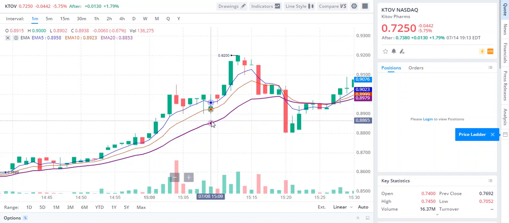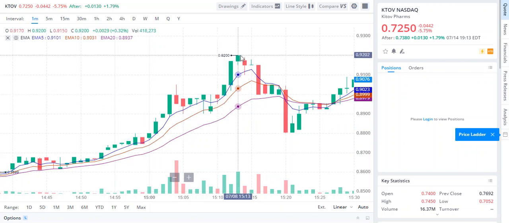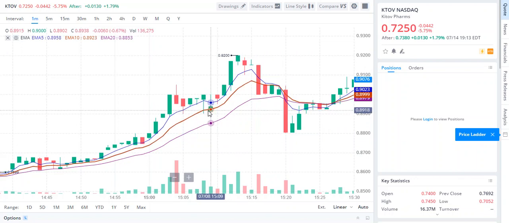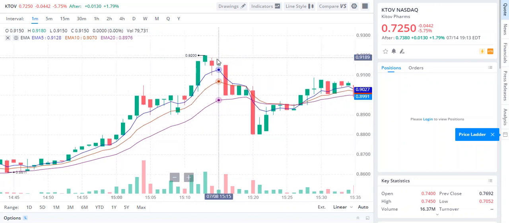Or if you're still using this as your support, you're going to hold on, and you see it keeps going up to 92. But that is on the riskier side, because once it does cross below, and here it even went below that EMA 10, but it did close above it, this would have been not a terrible time to sell. You wouldn't have been in the wrong. But if you held on and you continue to use this as support, it keeps going up. Now here,